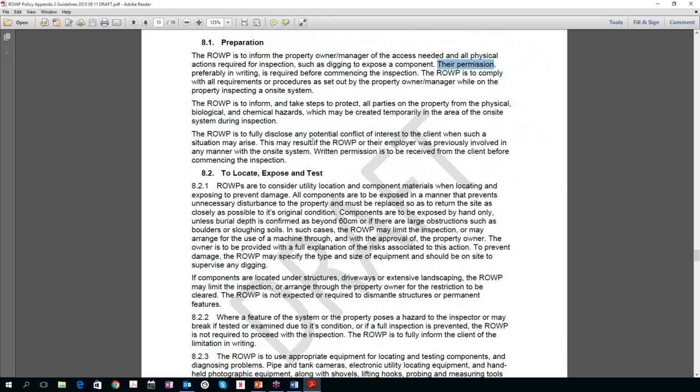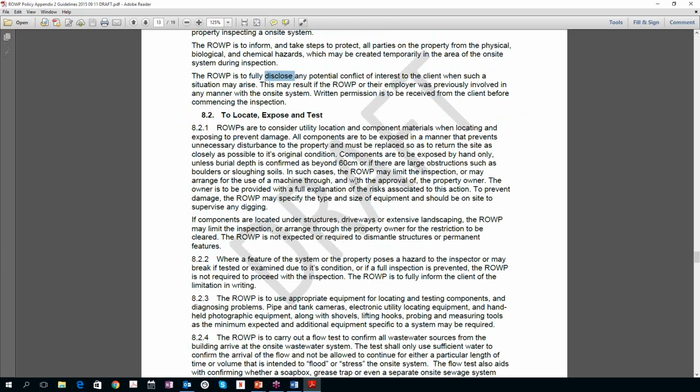It talks about disclosing any potential conflict of interest. Sure. You have to be careful that you haven't worked for the seller before, for example. Right? So watch out for conflict of interest issues. It doesn't mean that you can't do the job. It just means you need to disclose it. You need to disclose it in writing. I did one a few weeks ago, and the purchaser was my daughter, or my stepdaughter. So I had to disclose that, and everybody was fine with it.